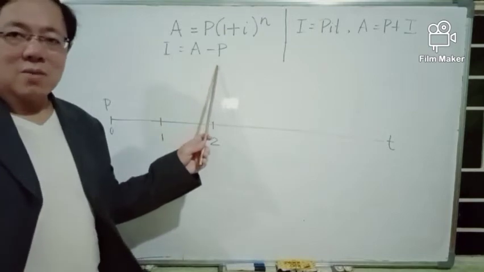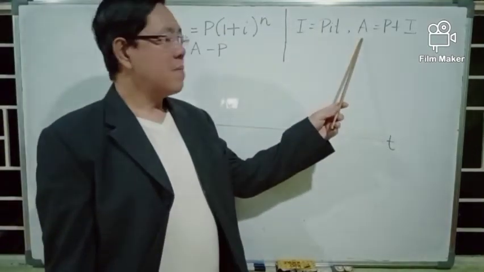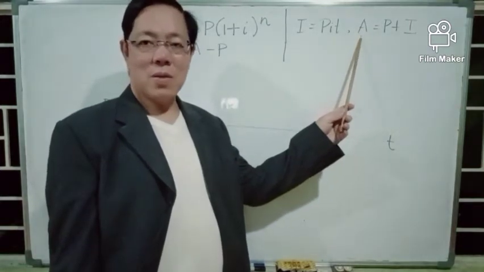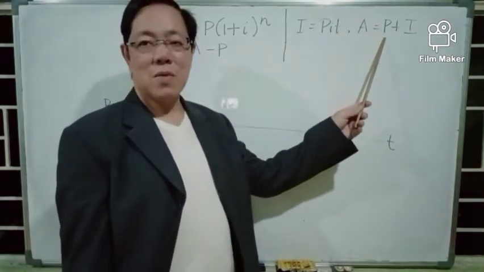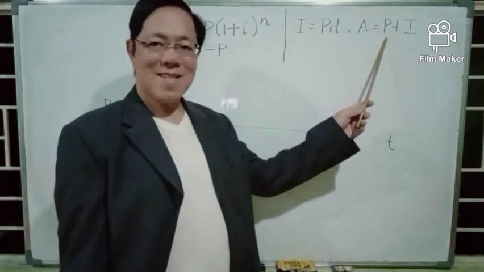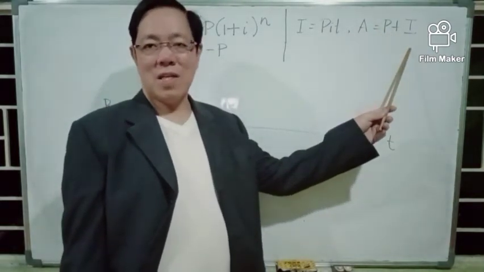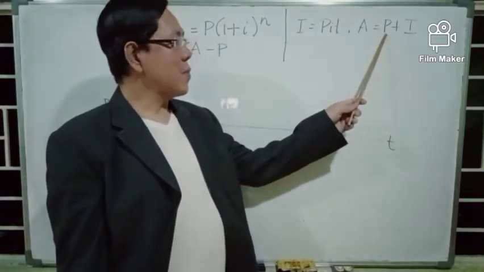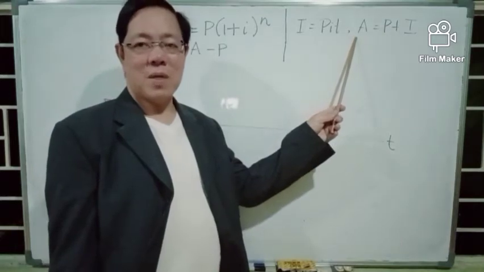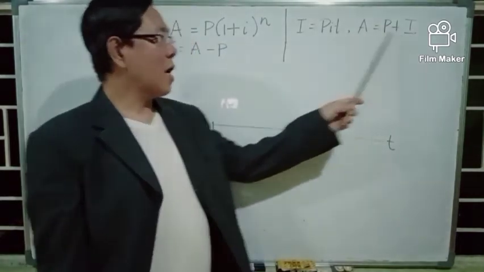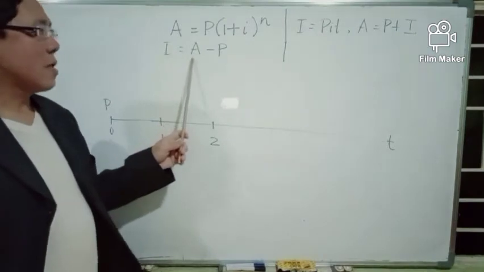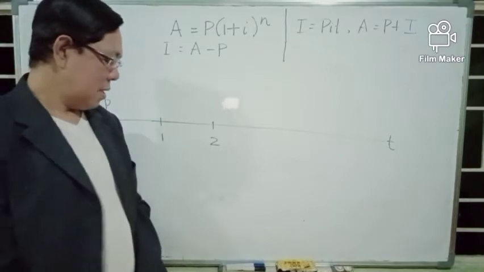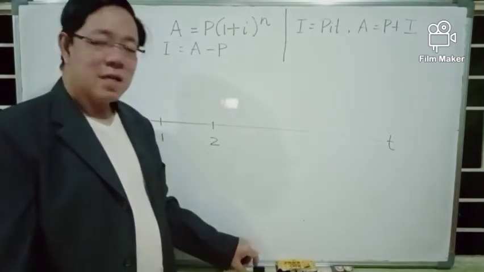And this formula is actually obtained from this basic formula that defines accumulated value. Accumulated value is the sum of the original amount invested plus the amount of interest on the investment. That's why A equals P plus I. And if you transpose P to the left-hand side, P becomes minus, and you get I equals A minus P. Let me explain further